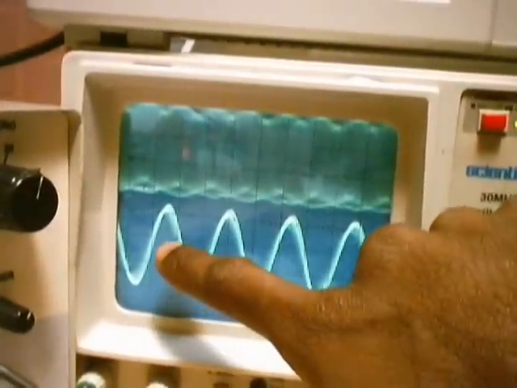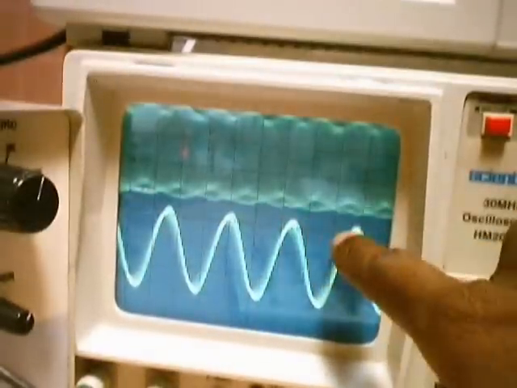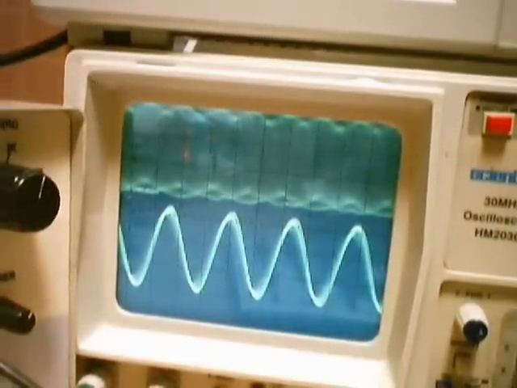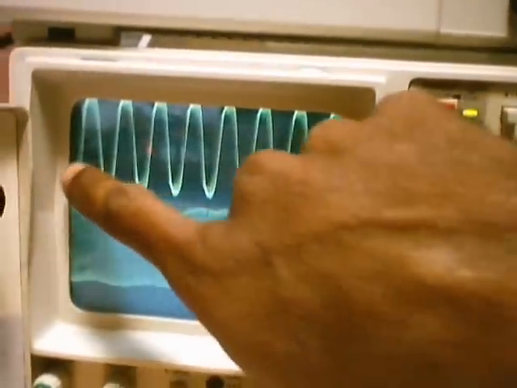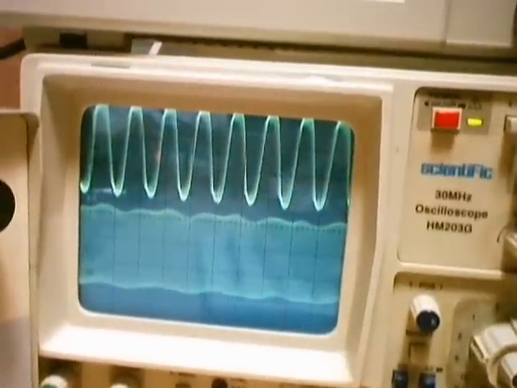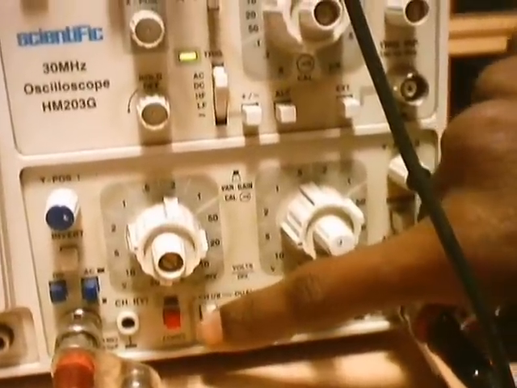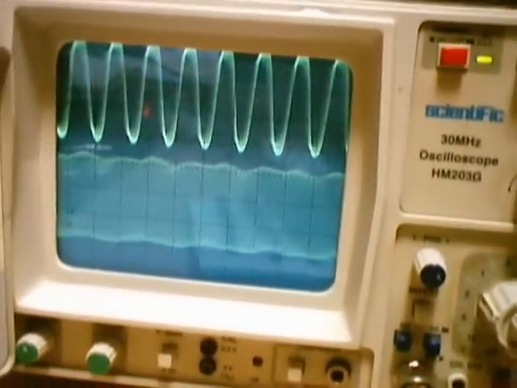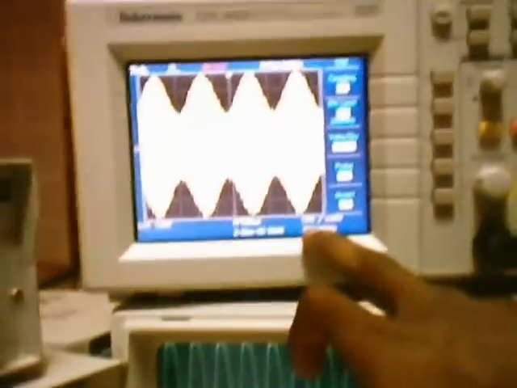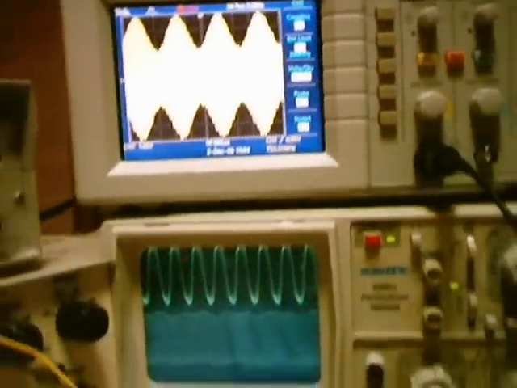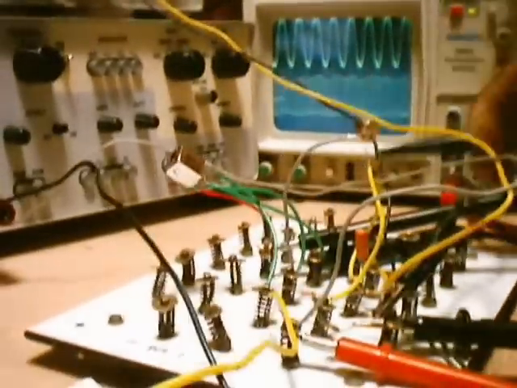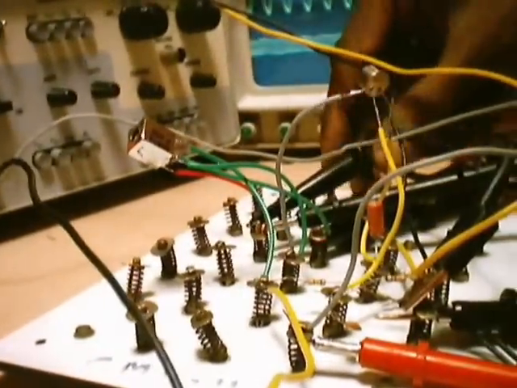You can see you are having 1, 2, 3, 4 waveforms, whereas in channel 1 you are having more than 4, maybe around 7 or 8. Now this ensures that the carrier frequency at the input and output are totally different. Now we have measured the carrier frequency of the input, which happens to be 753 kilohertz. Let us see what is the carrier frequency at the output.